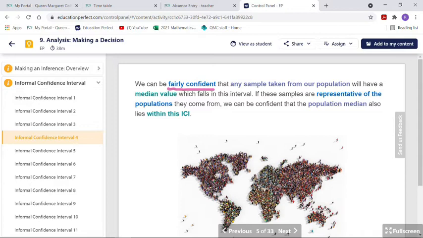We also will be talking about the population and that the population median should lie within that ICI. Again, don't worry about building your own sentence right now. We're going to look at a sentence that has all of that in it and talk about it. But what I want to focus on, though, is that you need to make sure that some key words appear. I'm going to have a sentence that I'm looking for, and in that sentence I'm going to be looking for some keywords. All right?